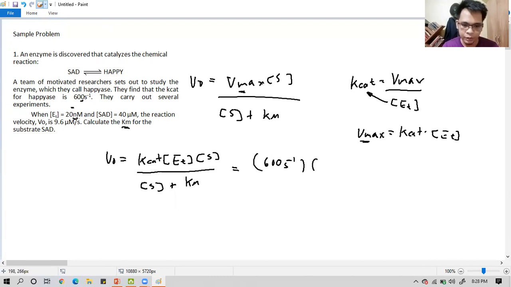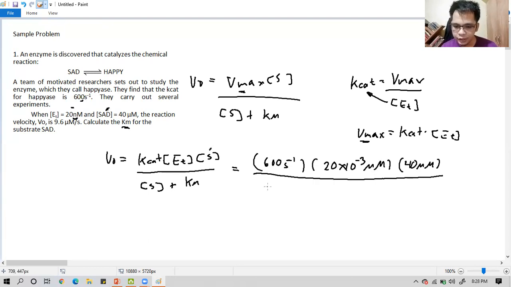So, let's convert it into micromolar. We will have 20 times 10 raised to negative 3 micromolar times the substrate concentration. What is our substrate? The S. So that will be 40 micromolar here, all over the concentration of the substrate, so 40 micromolar plus Km. Km is equal to, what is our V sub O? That is 9.6